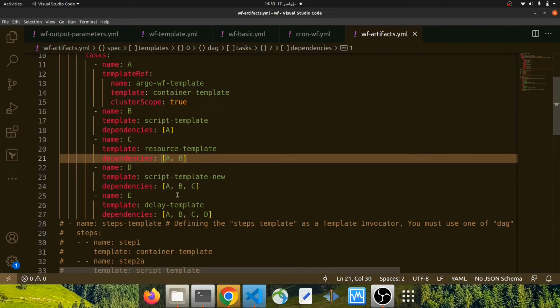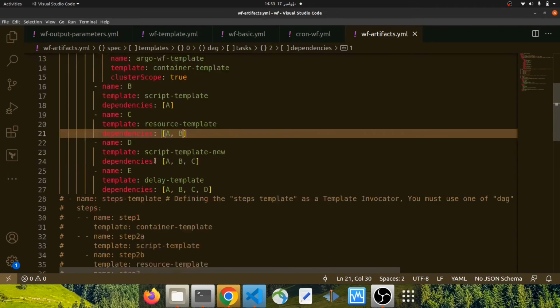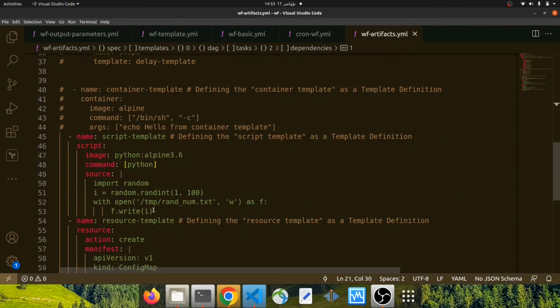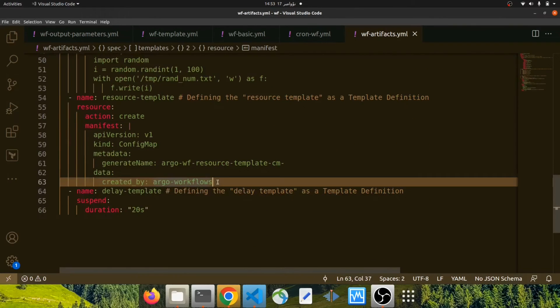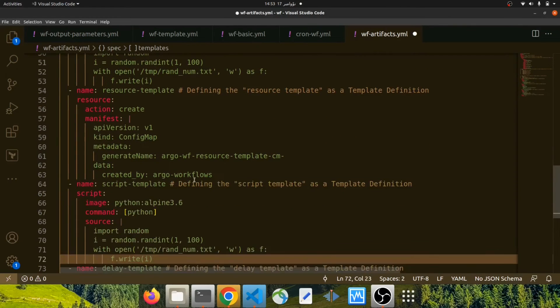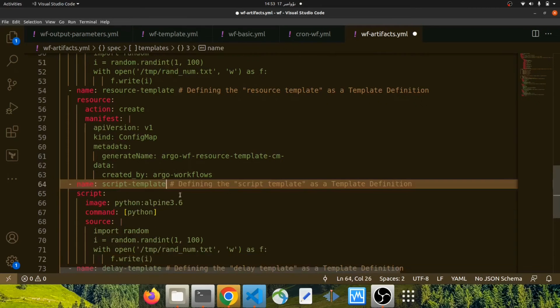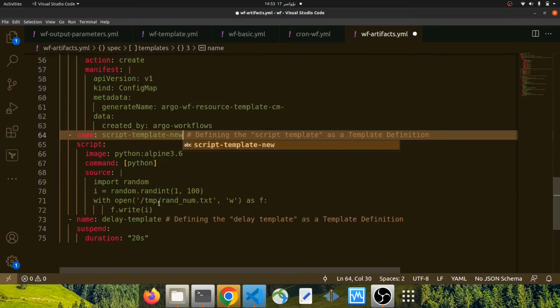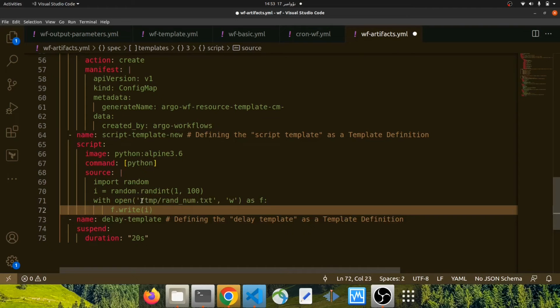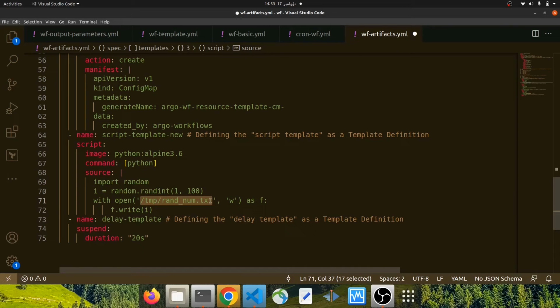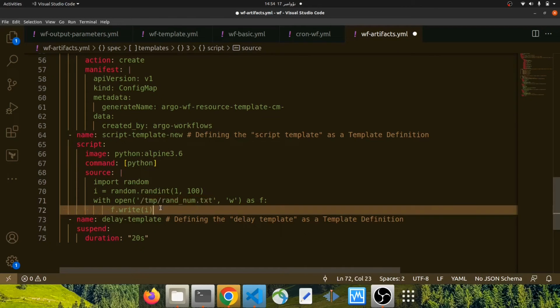So we have a new template called a script template new. I copy from here and paste it here. I changed the name from a script template to a script template new. In this example, I'm going to do something. For example, I'm going to read the content of this file to see what is the random number. But before that,